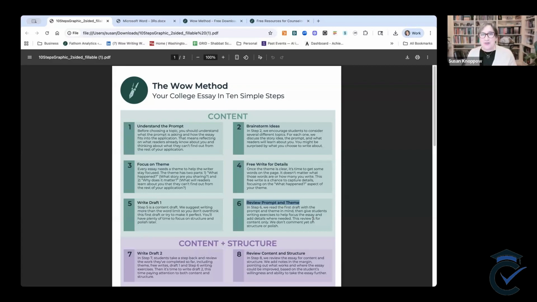When I train new coaches who join my team, without fail, in the first season they're with us, they'll say, "Oh my God, this student wrote such a gorgeous first draft. I don't even need to do step 6 exercises." I'm like, mm-mm. Anyone who wrote a beautiful first draft can write a more beautiful second draft. Don't look at the essay as an object. Don't look at it as I'm trying to get to here. Go through the process. The process is for the coach as much as it is for the student.